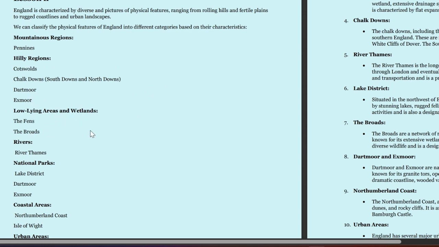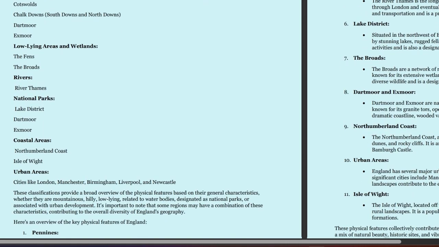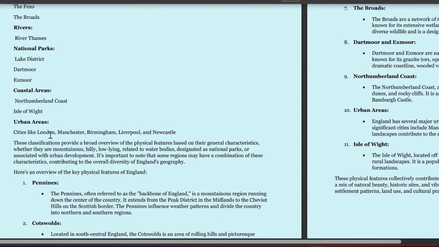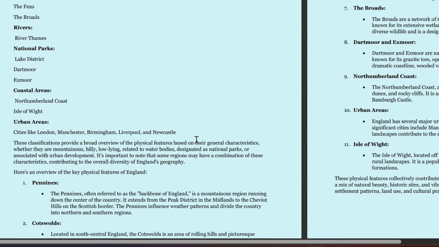the Fens, the Broads; rivers, River Thames; national parks, Lake District, Dartmoor, Exmoor; coastal areas, north of the coast, Isle of Wight; urban areas, cities like London, Manchester, Birmingham, Liverpool, and Newcastle.